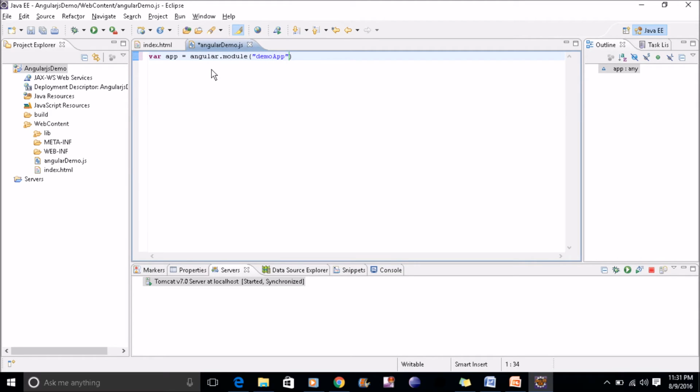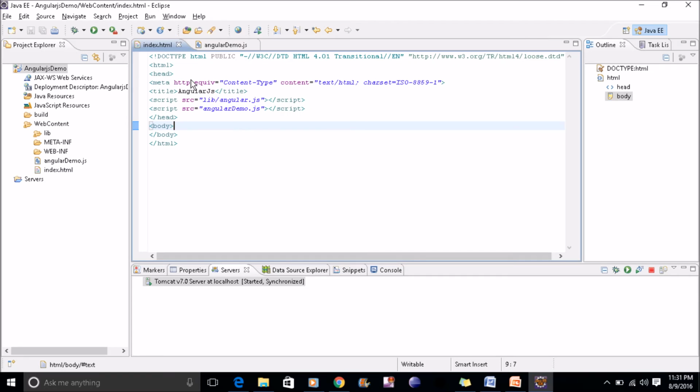Whatever name I give here, I have to use in my HTML file also. So for this demo app, same name I'll give here in HTML, ng hyphen app equal to this demo app.